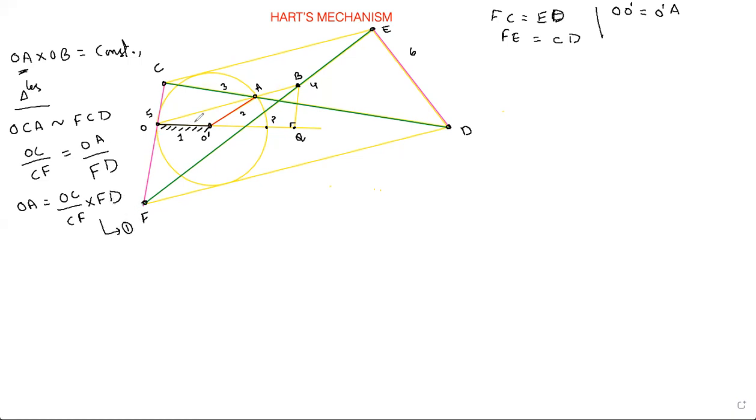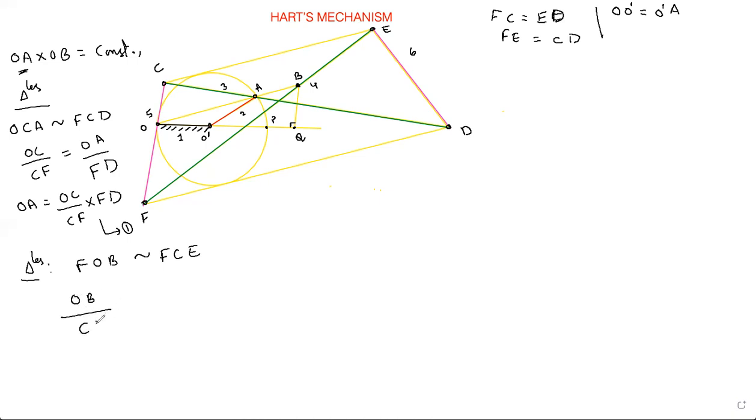Now come to this OB. If I look at OB, can I find any similar type of triangle? Yeah, from the top I can see. Now notice these triangles and let me know which are relating to OB. I can say the FOB triangle is similar to FCE. Yes, these both triangles are similar. So I can write OB, smaller triangle by larger triangle,